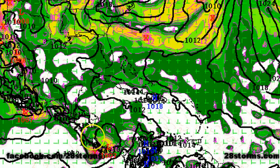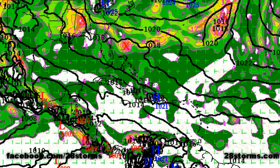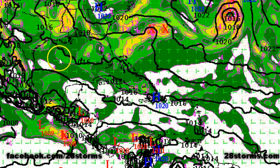We are now looking at the 12Z ECMWF low-level vorticity forecast. This is Mexico, Central America. Off toward the north, this is the U.S. Gulf Coast, this is Florida, and this is Georgia and the Carolinas, just to get a feel of where you're looking at. This is day 1, day 2, day 3. Still nothing organizing here off the east coast of the United States, whereas just to the south of Central America we have a developing tropical storm here by day 4,